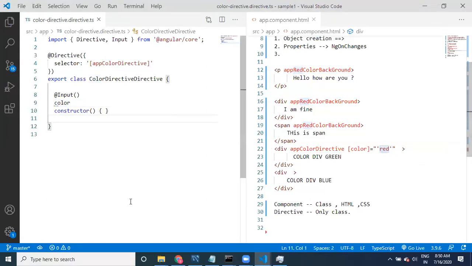Now our goal is that whatever color we provide, this color should be applied. Here we are providing green, right? So the green property is going to be injected. Remember life cycle hooks here. The same life cycle hooks apply to this directive also. This color is going to be applied when? At the time of constructor, or at the time of when?